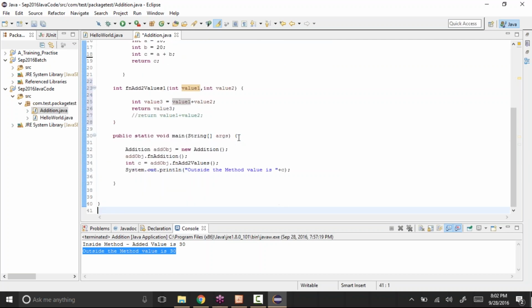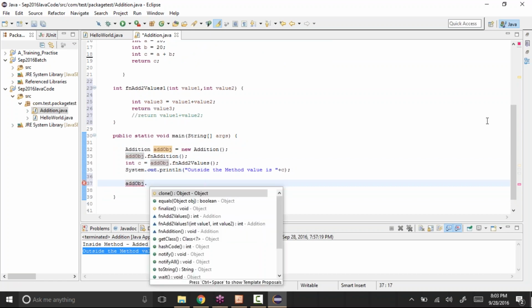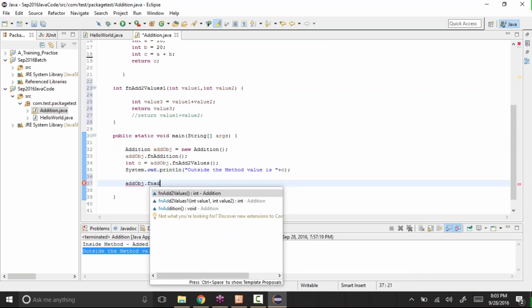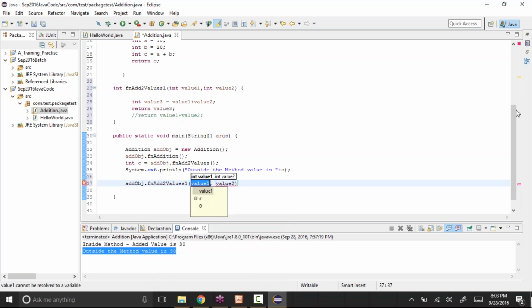When you are calling that method, we'll do something like this: add object dot fn add two values 1, the method, and for this we are passing value 1 and value 2. So we need to pass an integer, 30 comma 30, like this and semicolon.